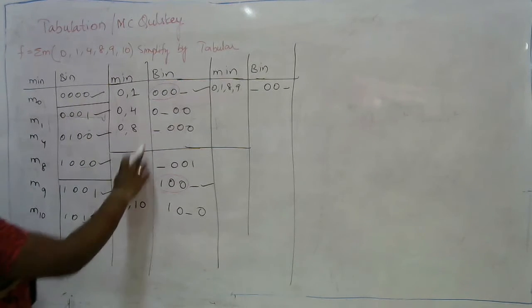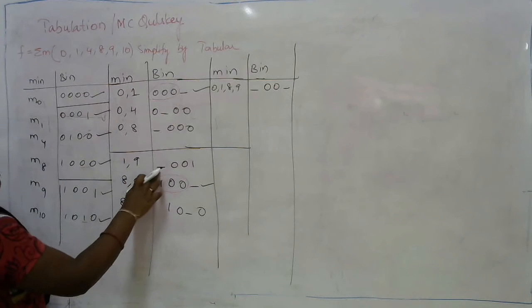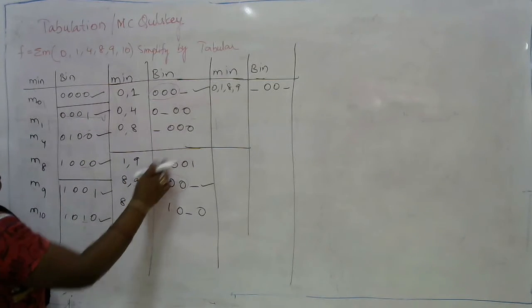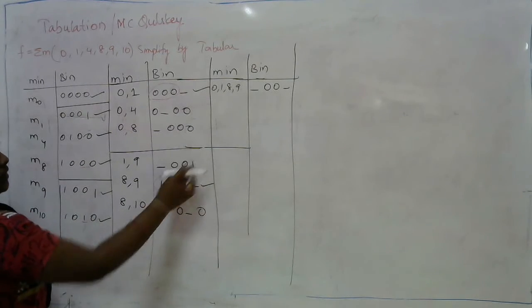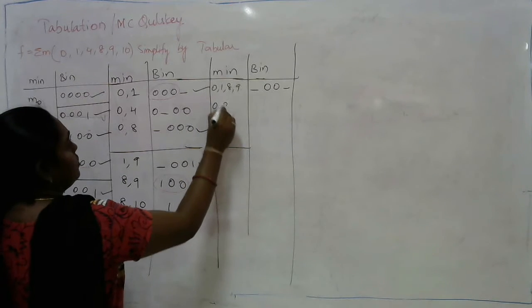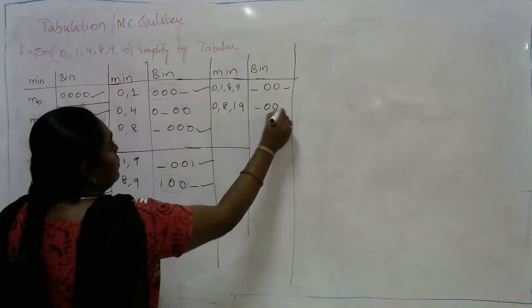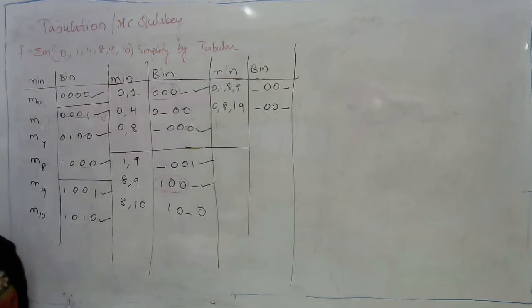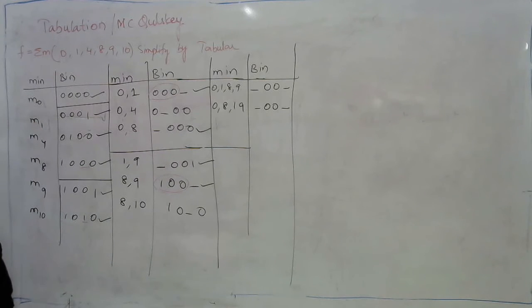And the last one is, there is a blank at the first position, that is MSB. Similarly, there is a blank at the first position. If we compare these two, there is a change in the single bit position, which is nothing but the LSB bit. So again, I need to consider these two, that is 0, 8, 1, 9, which is nothing but blank, 0, 0, blank. Or in simple words, 0, 1, 8, 9 or 0, 8, 1, 9 are one and the same. And as we don't have any other, we need to stop this process.